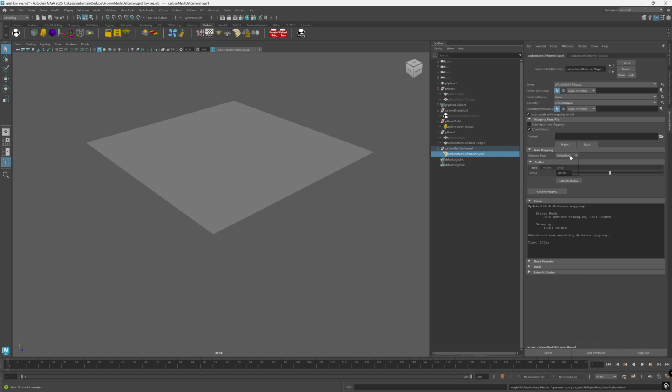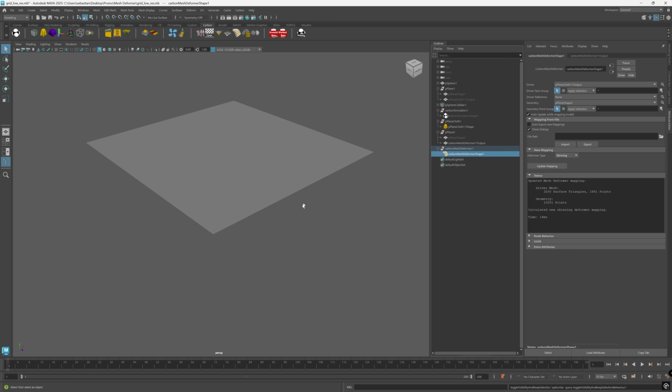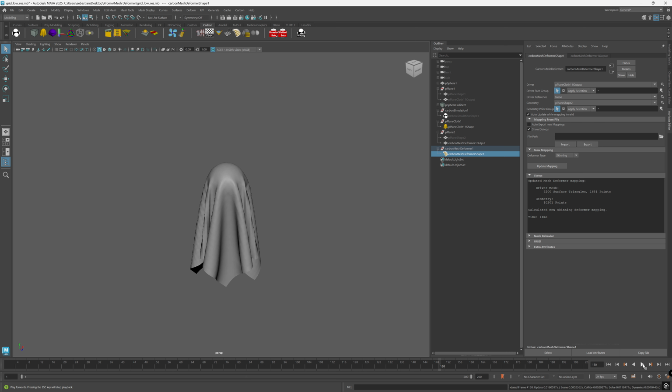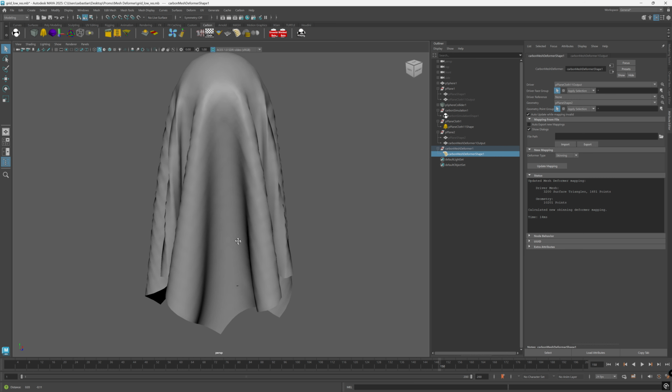And let's start back up with skinning. Update mapping, and here we go. It shows you the information of the driver mesh in terms of triangles and points, and the points of your geometry to be deformed. And it also shows you how much time it took to update the mapping, 14 milliseconds, so basically an instant. Now, if I press play, you're going to see the high resolution mesh being deformed nicely